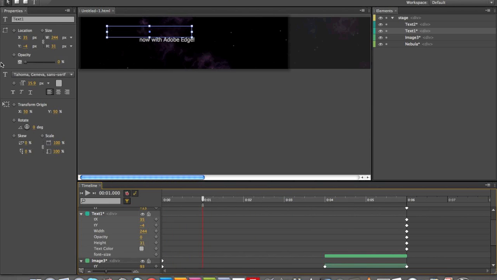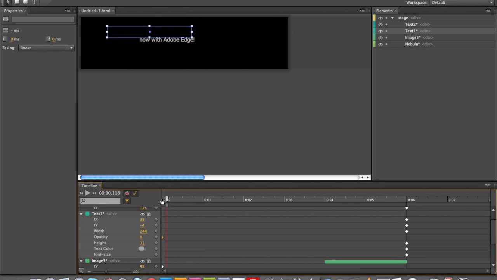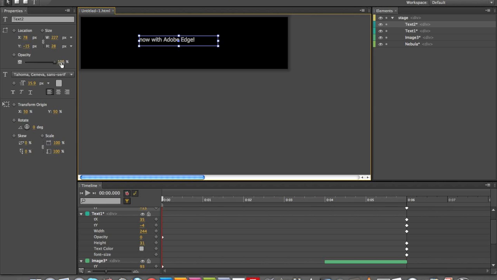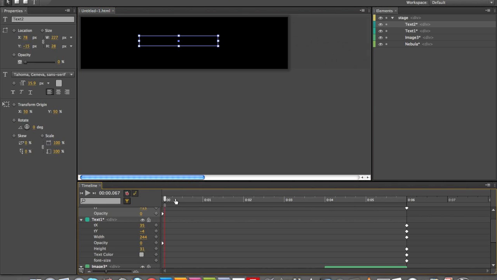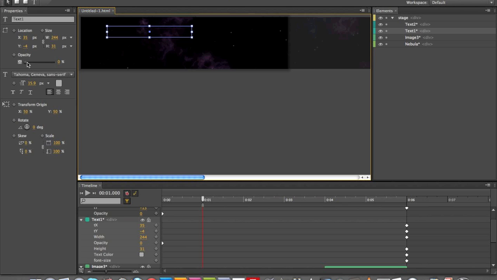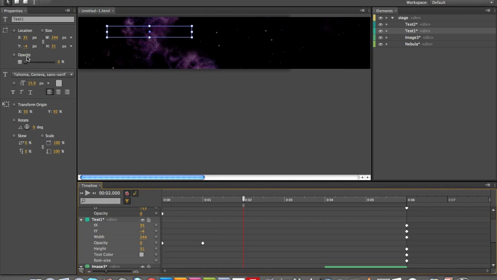Take the opacity right the way down. Oh, I should have done that at the start, shouldn't I? So drag that keyframe to the start. Take that opacity right the way down, head to 1 second in, grab the top text box, snap, put a keyframe on to edit the opacity, then have the opacity coming up a second later to 100%,